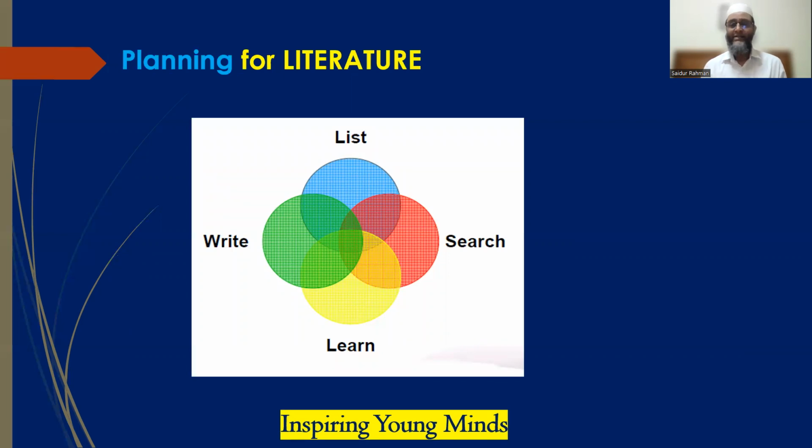This is basically planning. Now you are going to study the literature. You need to search, you need to list, you need to read, you need to digest, you need to put some writing, the content. This is what I call the planning. This is also one of the parts of the critical review of literature. Without planning, you don't know what the topics are, what the novelty is. So many things need to be thought through.